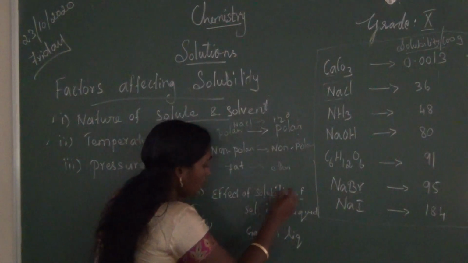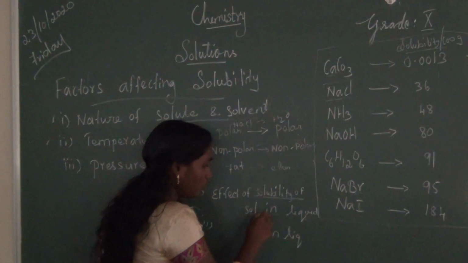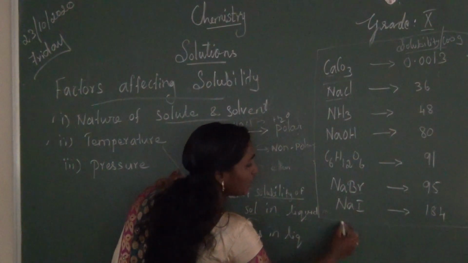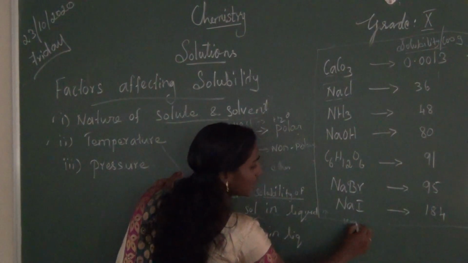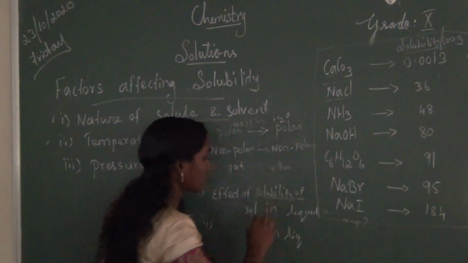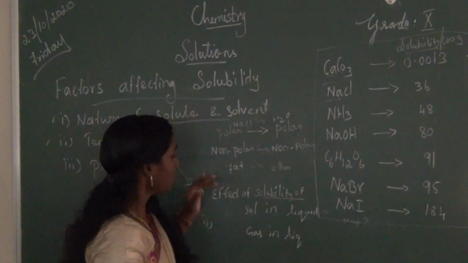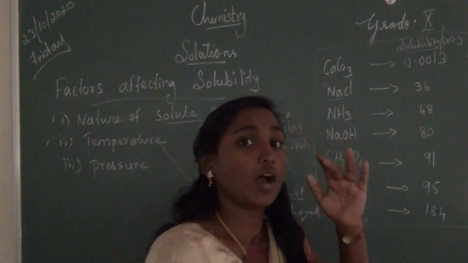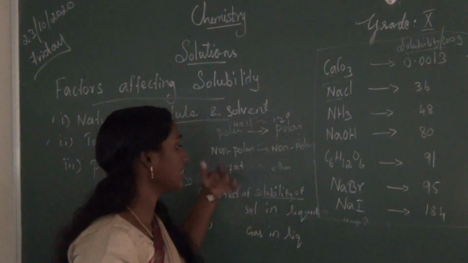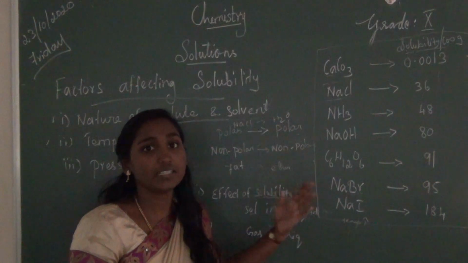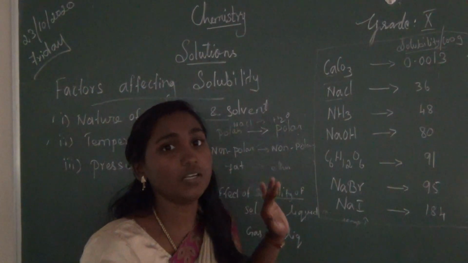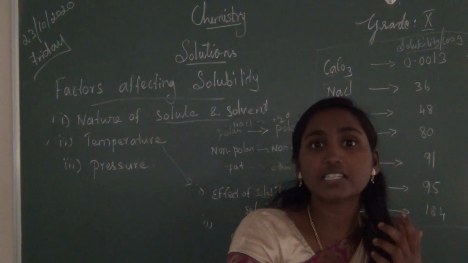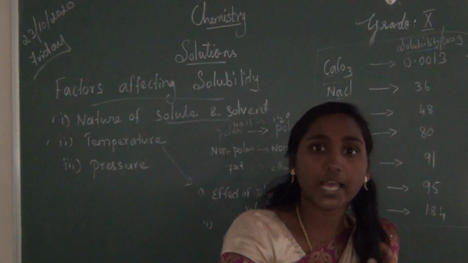Okay, so solubility of solid solute in liquid solvent increases with the increase in temperature, in endothermic process. Solubility increases as temperature increases. Here the best example, listen, greater amount of sugar will dissolve in warm water than cold